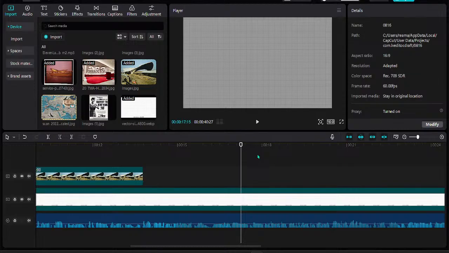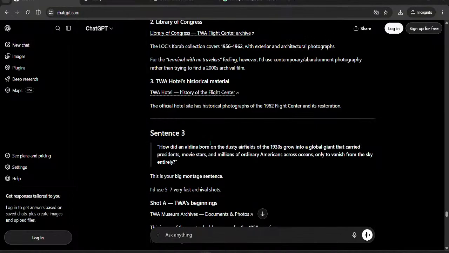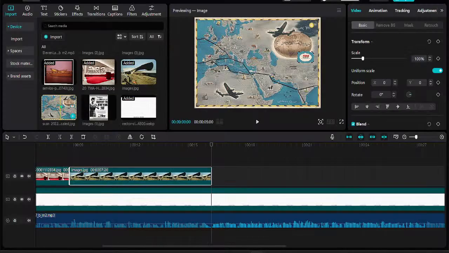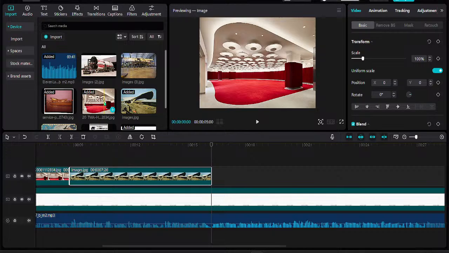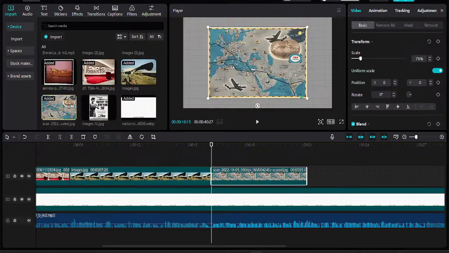A gateway with no... Wait, yes, I'm just going to show you. Come back here. Waiting, then says what? How did an airline born... I think I only chose two for this part. Could have downloaded a video or two, but how did an airline born on the dusty airfields of the 1930s grow into a global giant that carried presidents, movie stars, and millions of ordinary